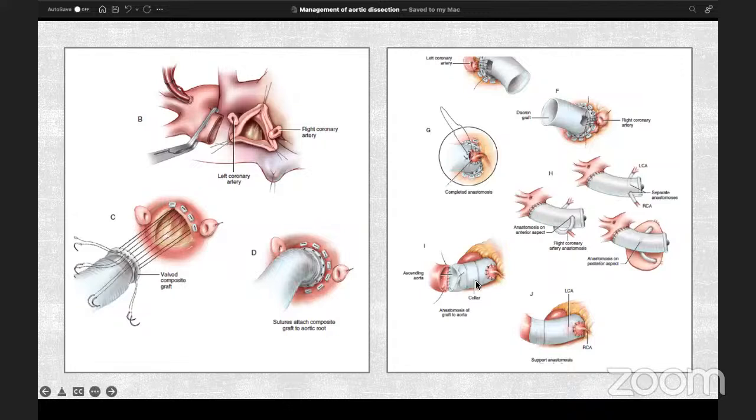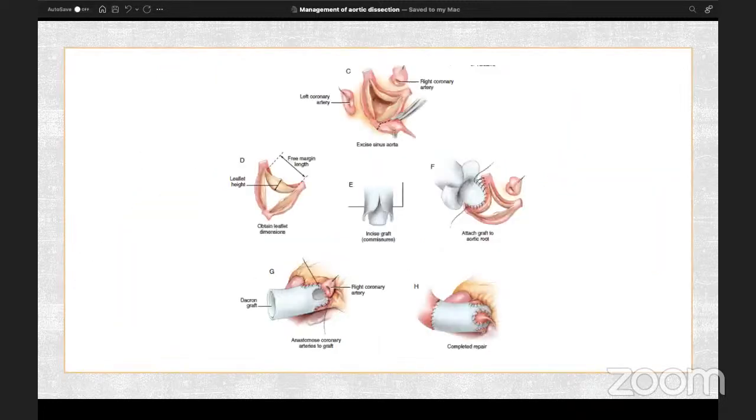And I forgot to mention that after putting on the cross clamp, usually you will start cooling your patient down, and you will do all this assessment of the proximal part of the aorta during this time until you achieve your target temperature. Once you have achieved your target, this is the